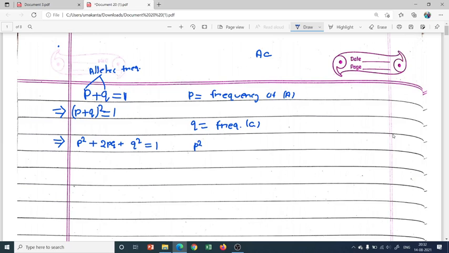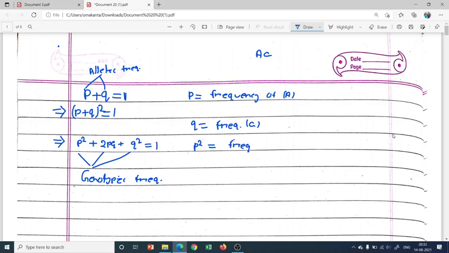P square, 2pq and q square are genotypic frequencies. Okay, so p square is